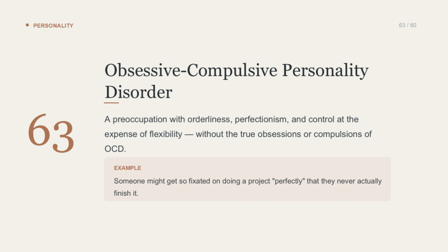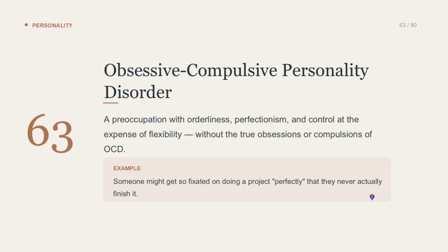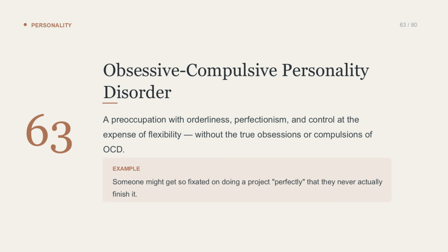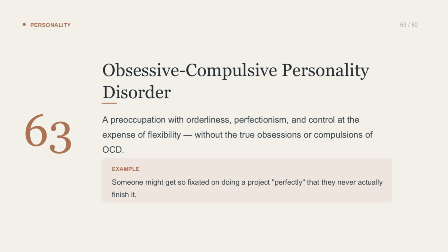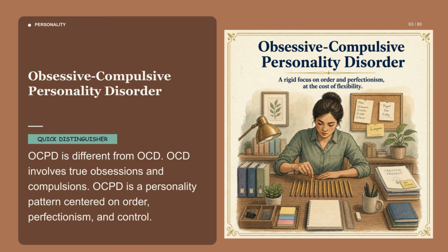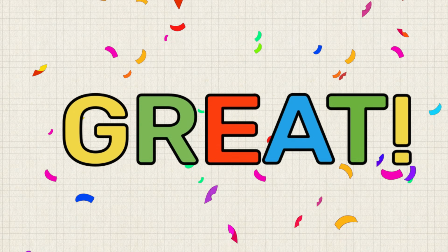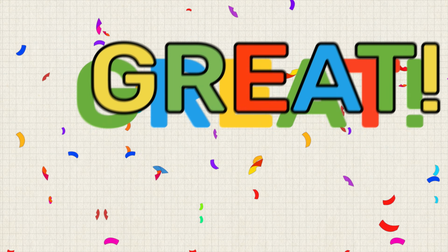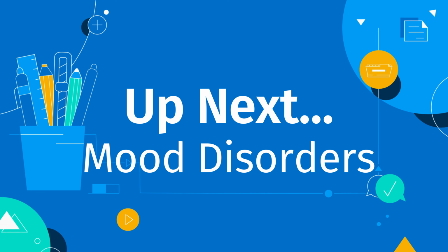Obsessive-compulsive personality disorder involves a preoccupation with orderliness, perfectionism, and control at the expense of flexibility and efficiency. Unlike OCD, it does not involve true obsessions or compulsions. For example, someone with this disorder might become so fixated on doing a project perfectly that they never actually finish it. Now that we've covered the major categories of disorders, let's move into how psychologists and psychiatrists actually help people